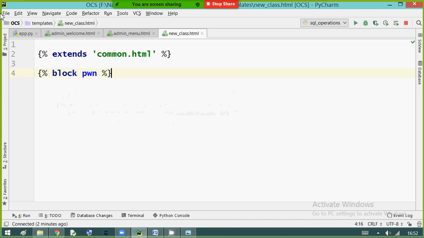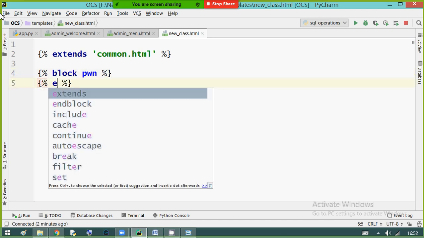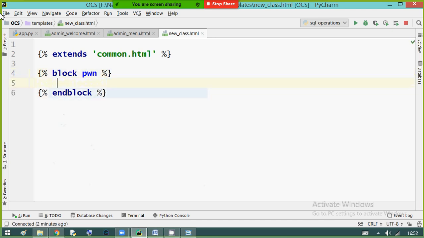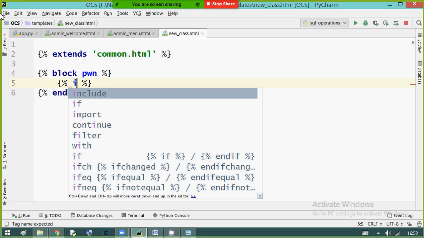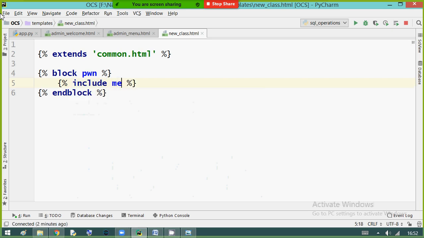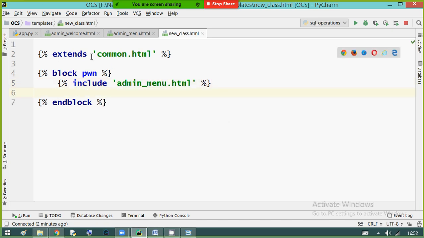Within the block tag I am including the menu file, I think it is admin menu.html. That's it. No need to write. Already common is written, menu is written. So simply we are reusing the code. One is inheriting, one is just calling, like a has-a relation.